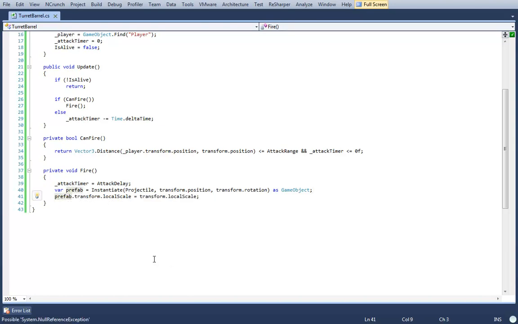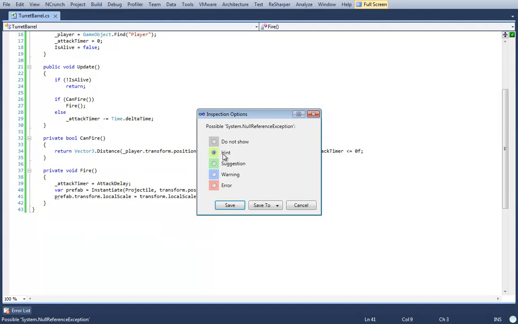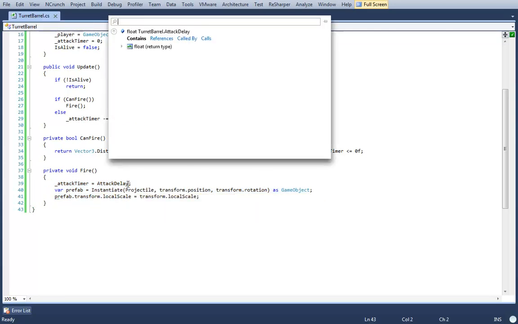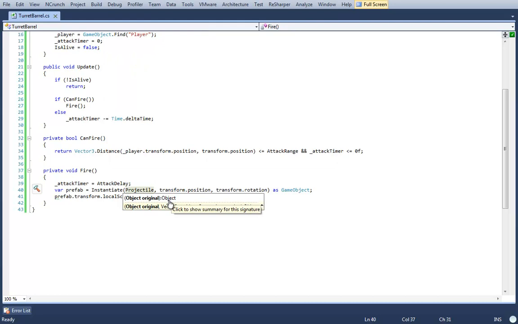In fact, I actually changed the inspection options of this to a hint for the possible null reference exceptions, because this being a null reference isn't possible. Now, it is possible the way the code is written. The way ReSharper is statically analyzing this code, all it knows is that we were trying to do an upcast. Okay, notice what Instantiate returns. Instantiate returns an object, and we do an upcast to a game object using the as operator, which means that...